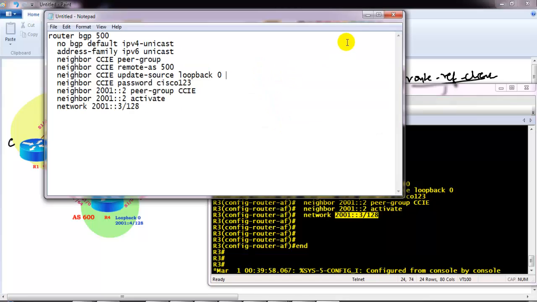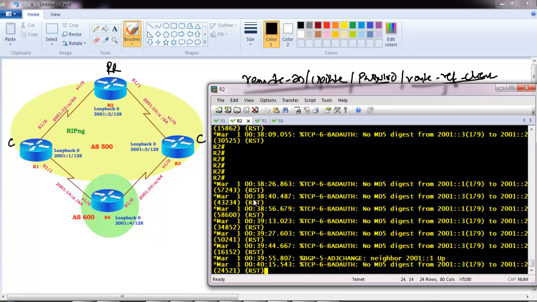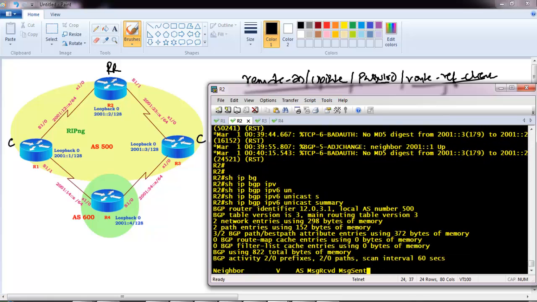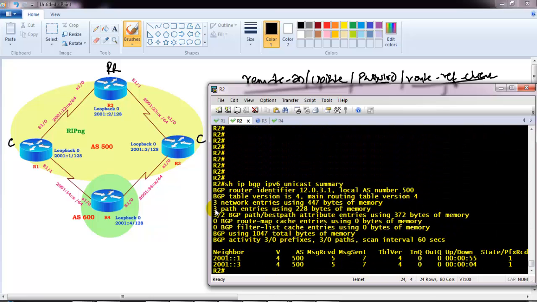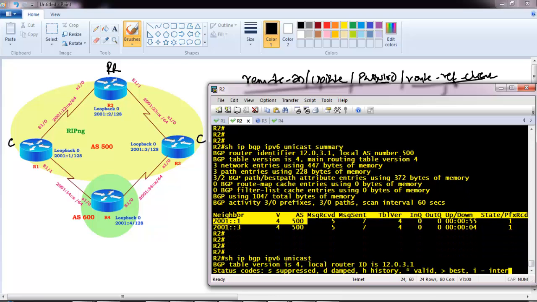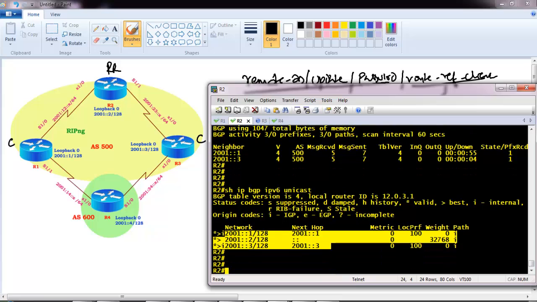Now verification. To verify if all the commands are correct, definitely you will see the neighborship between router 2 and router 1, and router 2 and router 3. So let's verify that router 2 should have 2 neighbors. Let's go to router 2 and give the command show ip bgp ipv6 unicast summary. Now I can see the neighborship is up on both sides, which confirms that all the commands we have configured are correct. And if I remove summary, you should be able to see all the 3 loopbacks we have used in the BGP network commands. I can see the loopbacks here.